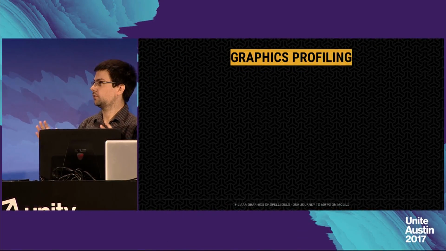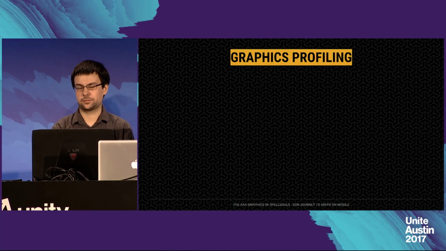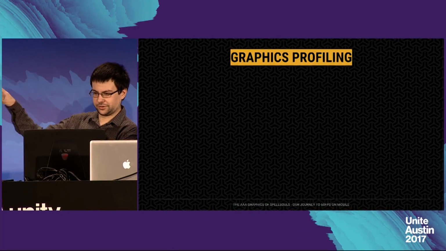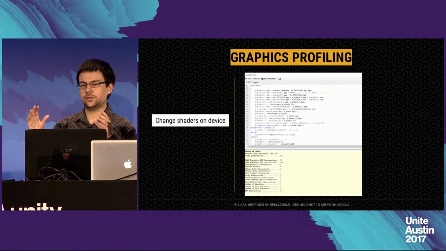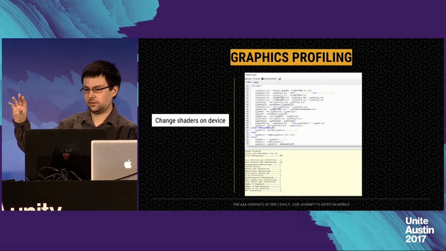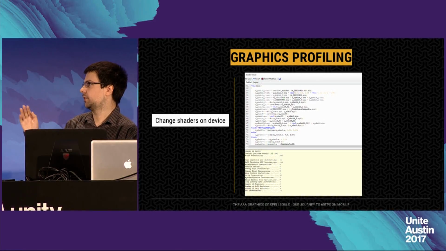One thing that I wanted to talk about is graphics profiling. I'm not going to tell you that you should do graphics profiling because you already know that. I just want to tell you how you can actually use some graphics profilers to your advantage. And one of the things that we actually use a lot is the Adreno profiler. We also use Mali debugger, Snapdragon profiler, Xcode GPU profiler, but we actually prefer this one while we were developing